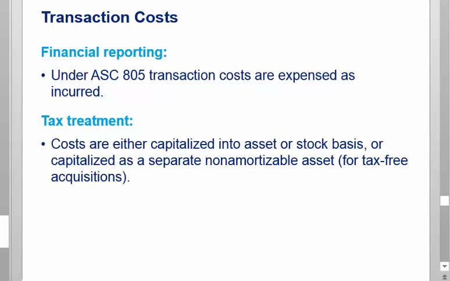And you got to figure out what's what. Right? Like, in my base case where a buyer acquires the stock of target for cash, if you paid a banker, usually the majority of the fee is deductible, but not all of it. And there's a safe harbor rule that the IRS has where you can deduct a safe harbor amount and they won't beat you up over it. Or if you want to argue with them, you can try to deduct more. For lawyer costs, attorney costs, those are almost always capitalized. And for accounting costs, it depends. So it could be capitalized, it could be deducted. But the point is that the book and tax treatment is going to differ.